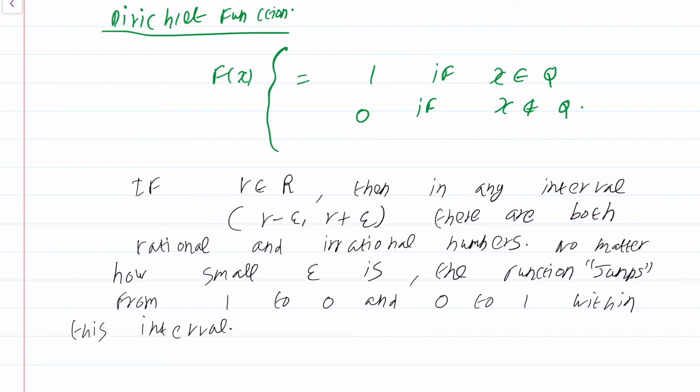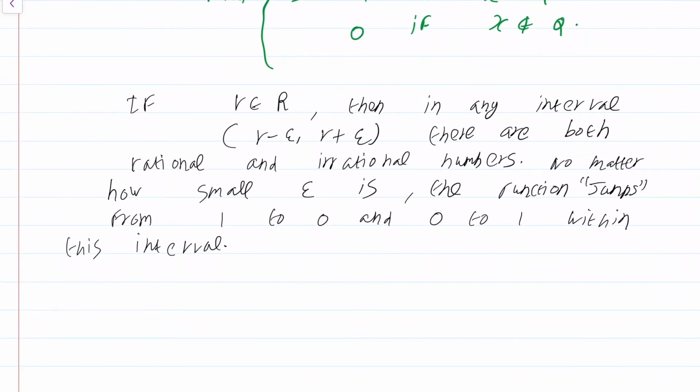So this function, it doesn't oscillate rapidly, it sort of jumps rapidly. So this also, somehow we have to capture that continuity should disallow such functions. So we should expect this function to be continuous nowhere on the real line. That's what our intuition suggests. Now, how do we make this intuition somewhat more precise? Well, I just said that no matter what interval you take, you will always get both a rational number and an irrational number. In other words,